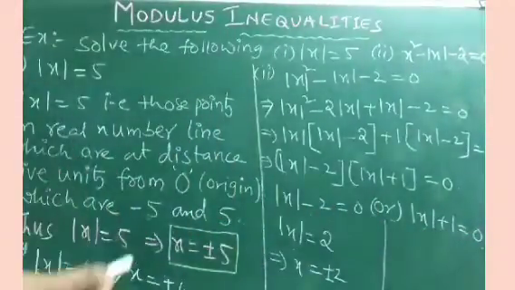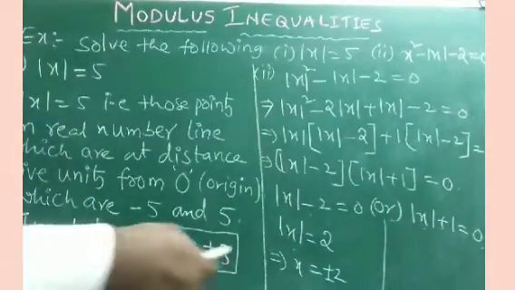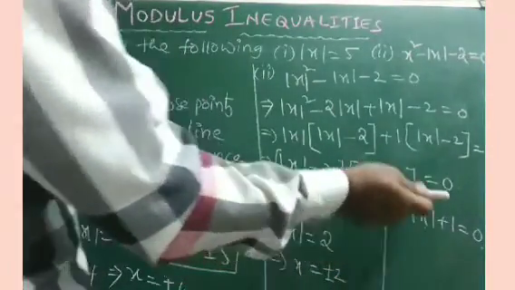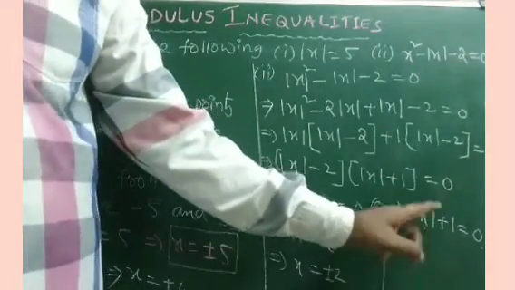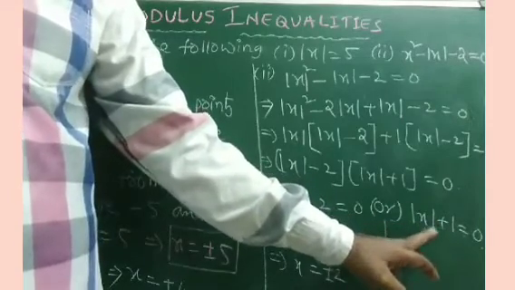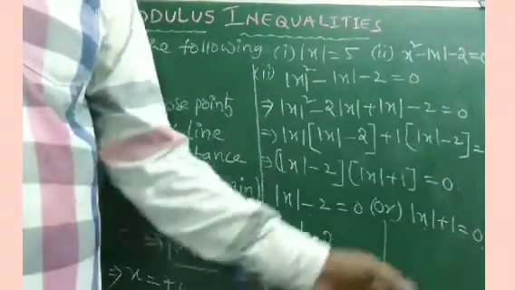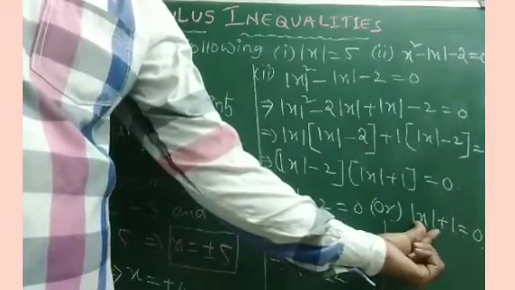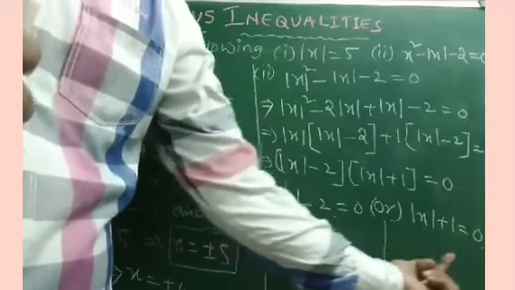Okay, but look at the second condition here. Modulus of x plus 1 is equal to 0. Then what is the value of x? Actually what we get here is modulus of x is equal to minus 1. But according to the definition of absolute value, we just discussed, it is never negative. Modulus of x will never be negative, it is either positive, and if not, the least value is 0. For example, if it is 0, 0 plus 1, not a 0. And other than 0, this is strictly positive, maybe 1, 1 plus 1, non-zero, 2 plus 1, 3 plus 1, 5 plus 1, 10 plus 1.